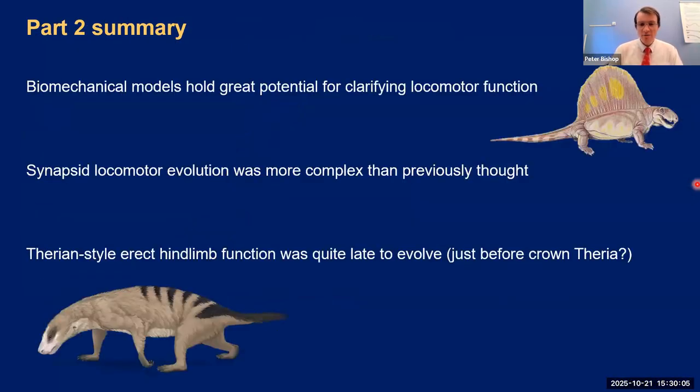So hopefully you can see that biomechanical modelling holds great promise in allowing us to probe locomotor function and performance and help to reconstruct how this could have changed through time. And we can see that the history of locomotor evolution in synapsids, far from being a linear or simple narrative, was quite complex and protracted. And importantly, erect locomotor function and erect locomotor posture, something that we tend to regard as a classical mammalian trait, seems to have evolved much later than previously thought,